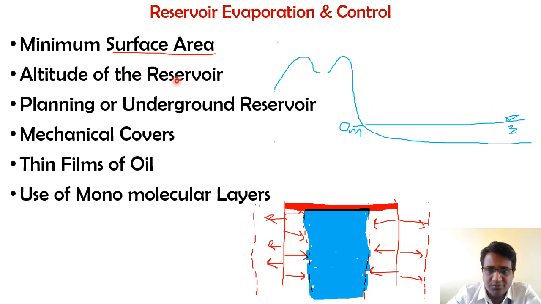So already we have seen, as and when the elevation is less, the air pressure above it will be more, and because of that you will have less amount of evaporation. Similarly, if I construct a dam over here, and let us say it is 200 meters above the ground level, what is going to happen?